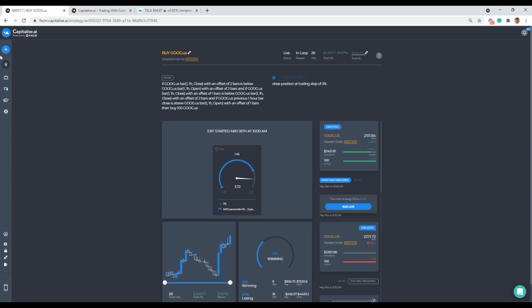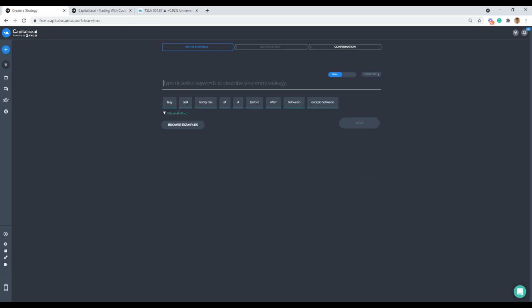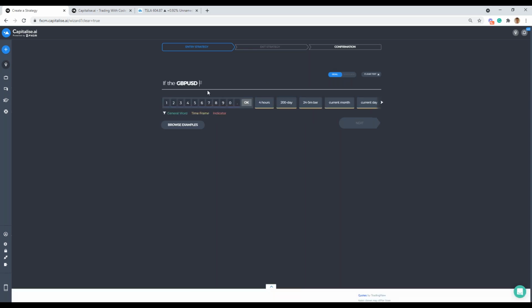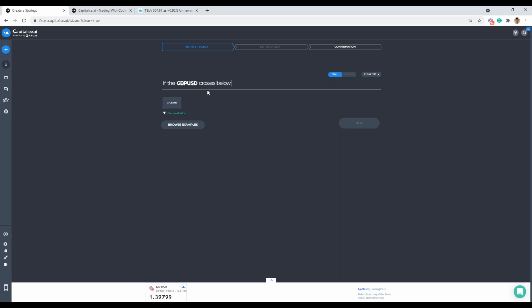optimize some strategies here. So I'm going to go back to create new strategies, and let's stick with currencies for now. And the next one will look at some CFDs with stocks. So let's go and let's use an indicator here. So let's say if GBP USD crosses below the lower Bollinger Band, and anytime you select an indicator on Capitalise, you'll be able to change the parameters at the top. So let's do this at 15 minutes. Okay, just so we can try get a few hits here,